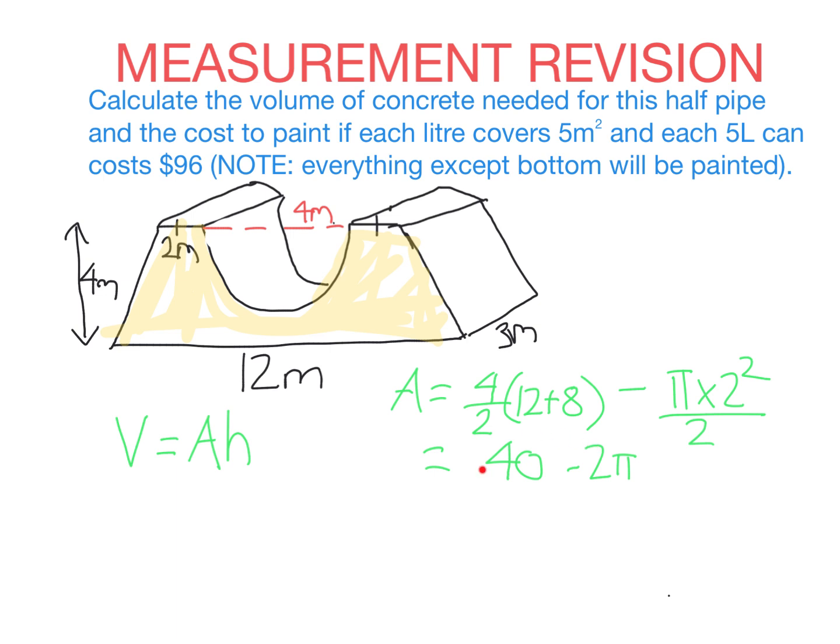Whenever you are going to use a number in a subsequent step of a calculation, we want the exact answer. We're going to now multiply this by 3, so I don't want to round my answer here and introduce inaccuracies into my calculations. The volume is just going to be area of the base multiplied by 3. So putting this on our calculator, we get about 101.15 meters cubed. So that's all there is for the volume. Please pause and copy down if you want this, because I'm going to rub it out now and calculate the